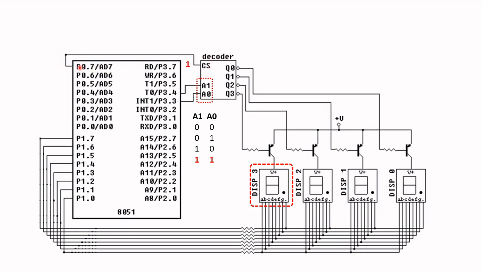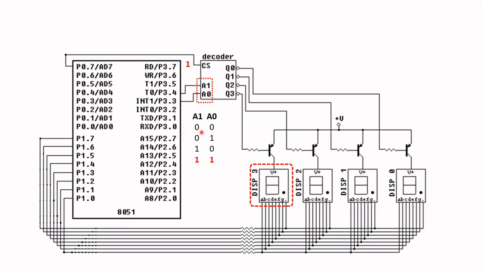So at P0.7 you need to have a logic 1 to select CS, meaning chip select, the decoder, and to select any of these outputs Q0, Q1, Q2, Q3, which in turn is used to select the 7-segment display. So I have put up the combination of A0,